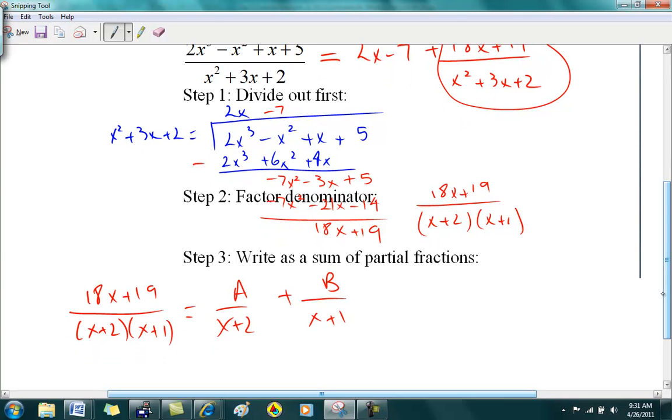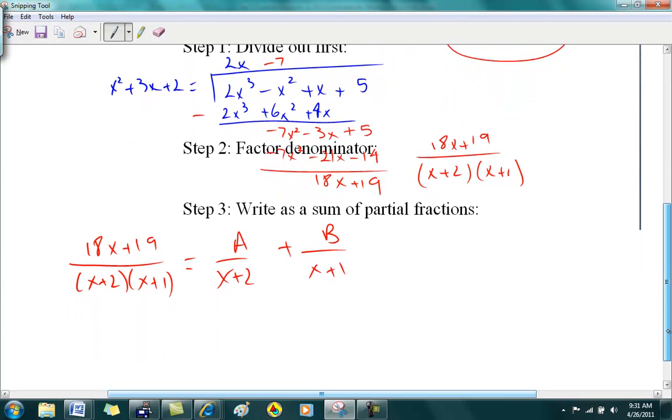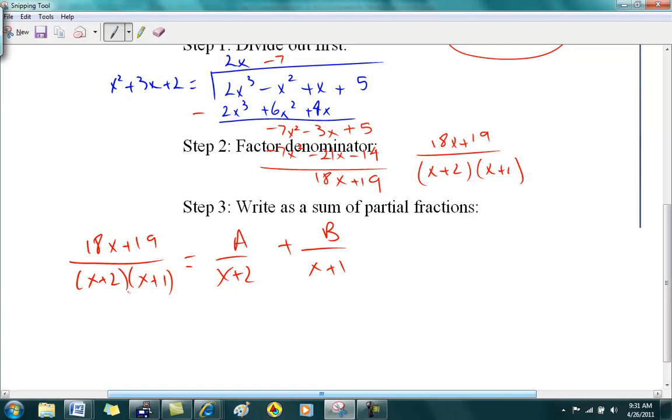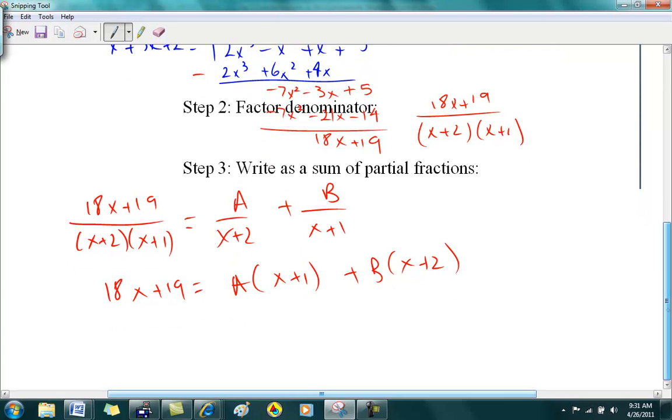Okay, and then by cross multiplying, I'm doing the usual stuff. I cross multiply, I get 18x plus 19. This guy becomes a times x plus 1 plus b times x plus 2. And using the killing method, okay, so kill a by putting x equals minus 1. So you get minus 18 plus